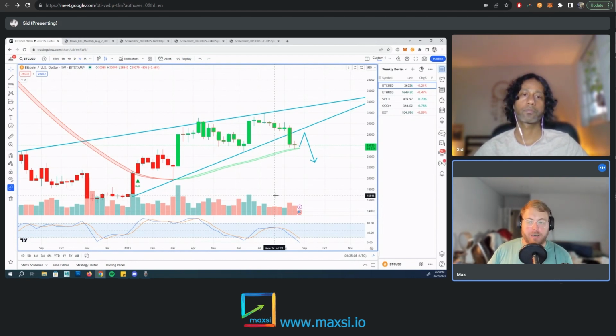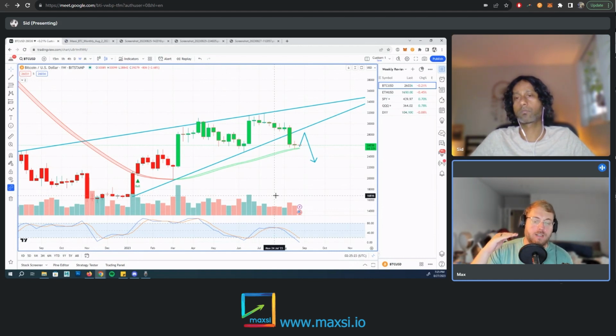But the last week's candle has closed in a doji. So it's a neutral signal. Undecided, neutral. It's not screaming, hey, we're going to dump. You can see actually with the Maxi Trading Buddy indicator, we are still bouncing on that green strength band. So we do have a potential there, like you've drawn the line of a retest, meaning we're going to maybe climb up again a little bit. And then the important level to watch will be what the wedge channel was. So the lower edge of our wedge is now going to be the